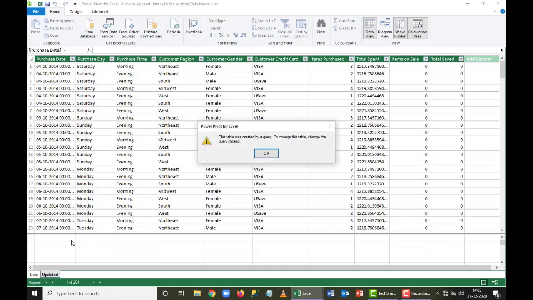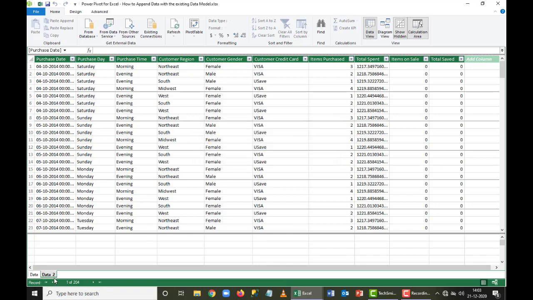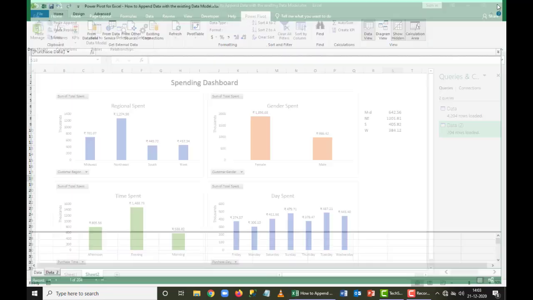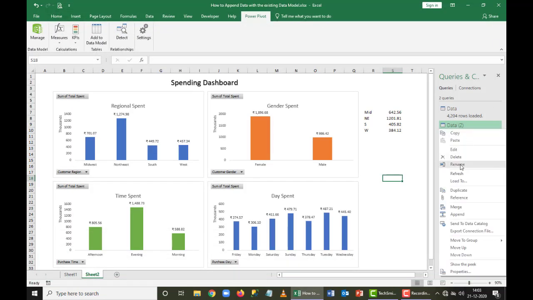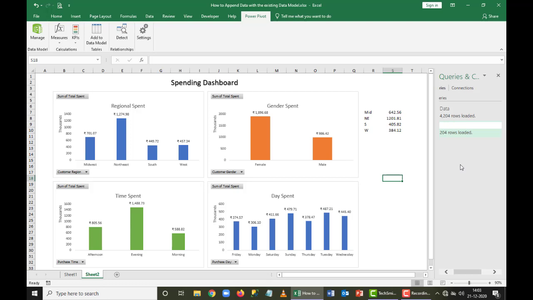Now you can see that this table is created by the query. To change this table, change the query instead. So they are not allowing you to rename the sheet that is added to my Power Pivot window. So if you want to change this, you have to edit it and rename it here as updates.